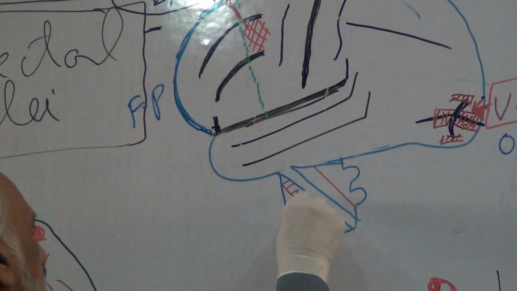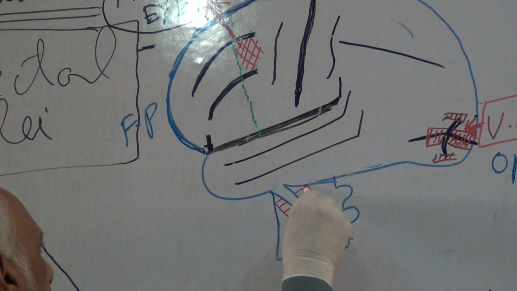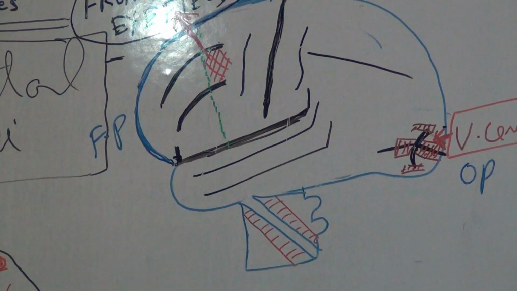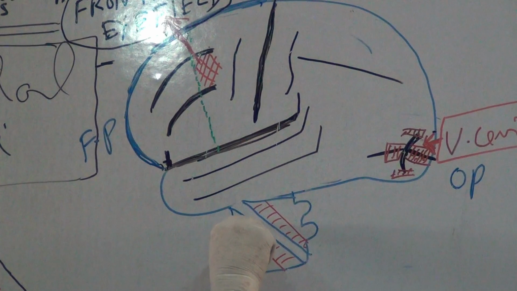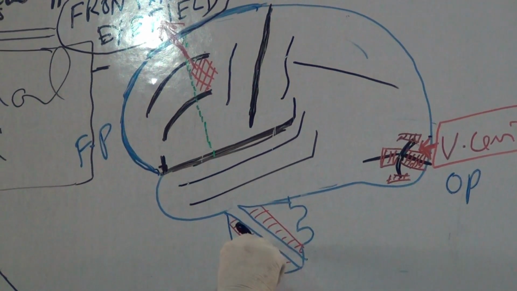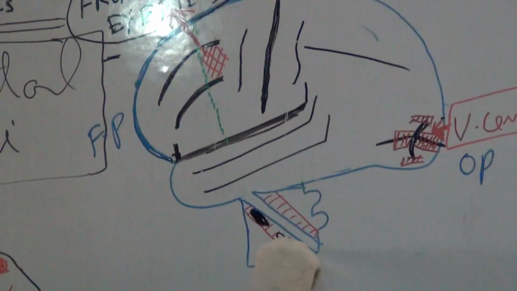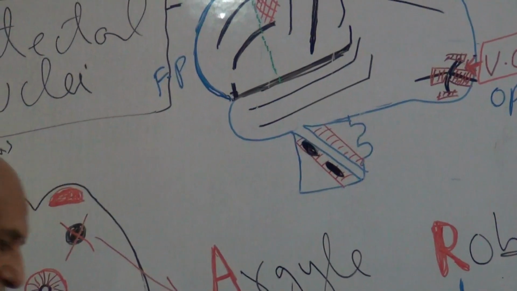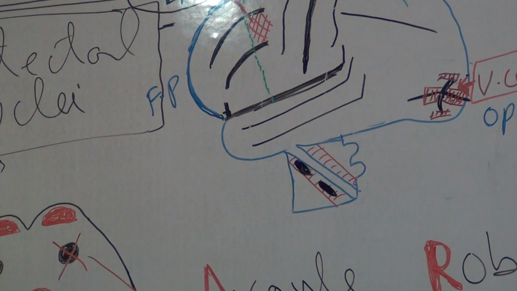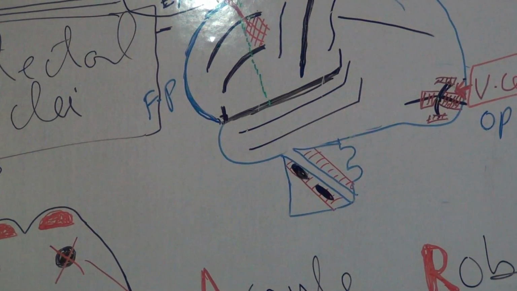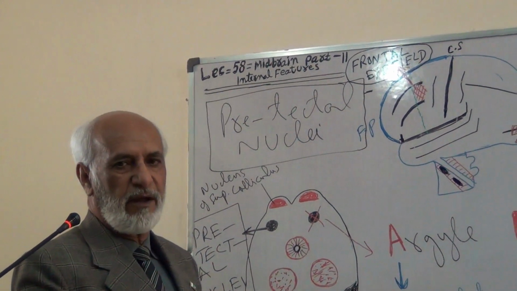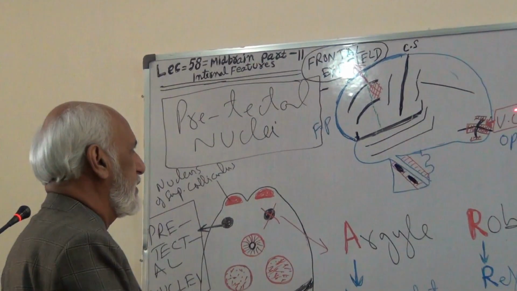Then in the midbrain, you know there is central gray matter around the aqueduct, and at the level of the superior colliculus, here is the oculomotor nerve nucleus, and below is the trochlear nerve nucleus. Now, what is the accommodation pathway? Visual pathway: eyeball, optic nerve, optic chiasma, optic tract, lateral root of the optic tract, relay in the lateral geniculate body, optic radiation, ultimately ending in the visual center.